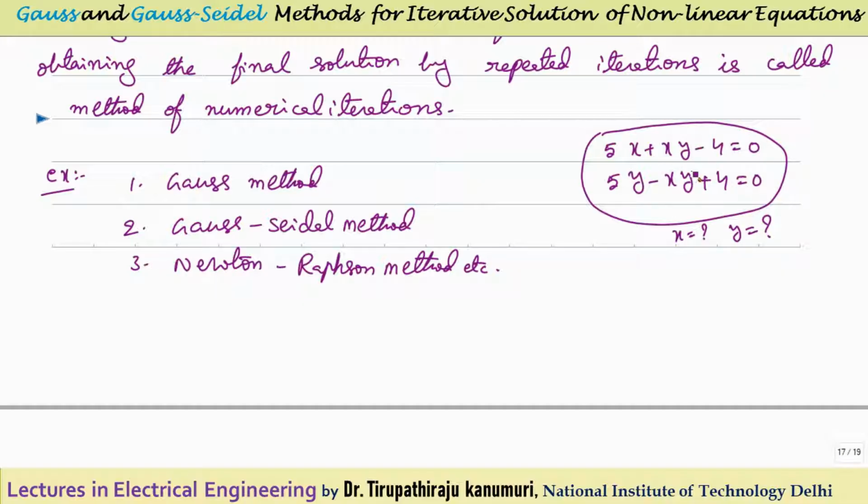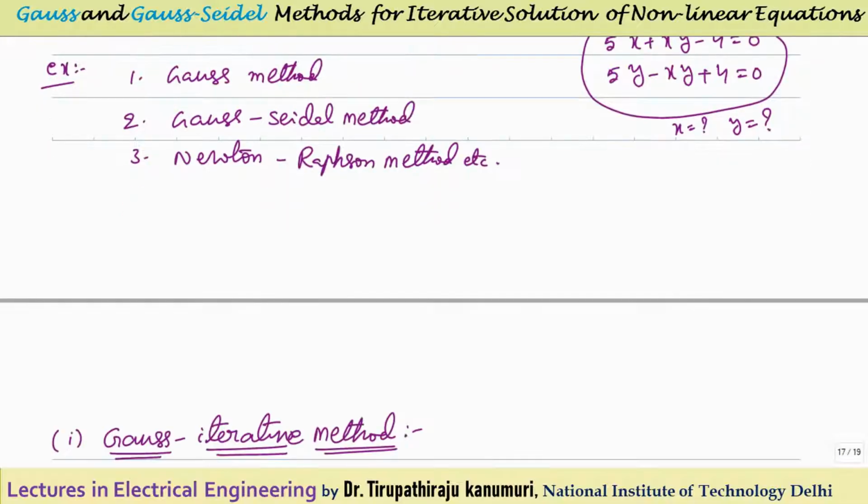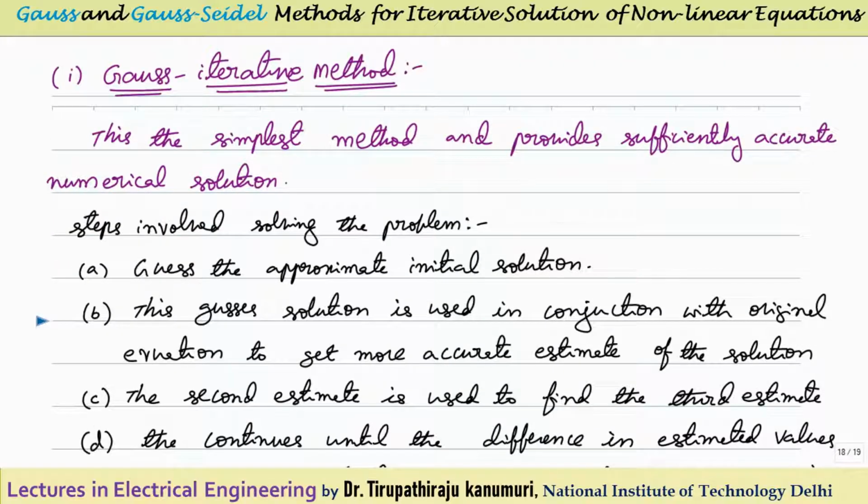What we will do is initially guess the initial values of x and y. Then we will go on iteratively updating these values of x and y until we get the final solution. That's why these are called iteration methods. This example I have taken is a simple one, but in practice, as we will see in the next class, in power systems the equations will be very complex to solve. There you cannot solve using a normal calculator or a simple method, so these iterative methods will play a very good role.